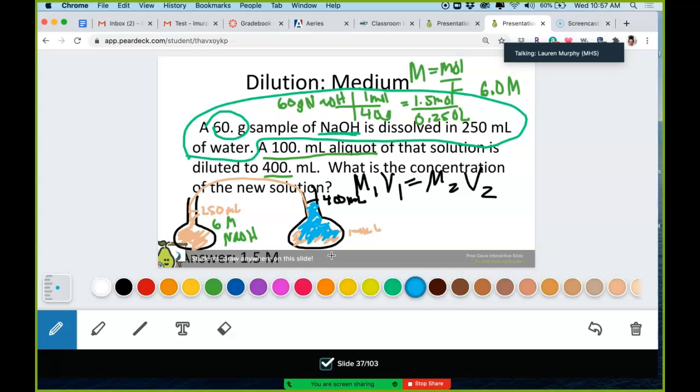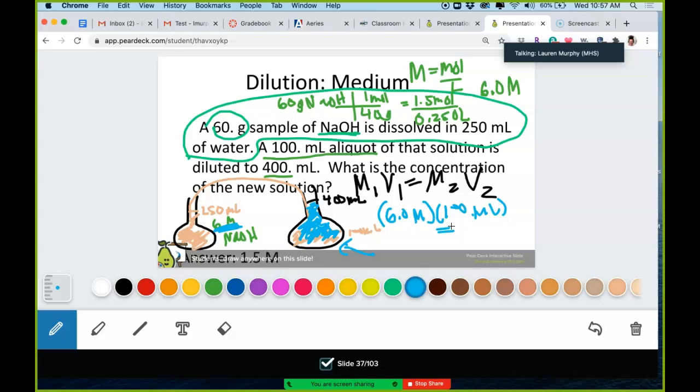So the rest is water, aka they would have added 300 milliliters of water. If there's 100 milliliters of this guy and the final volume is 400, the rest should have been water. So 300 of this is water. So they want to know the new concentration. Well, what was the original concentration? Well, the original concentration was 6 molar. How much of it did they use to put in here? 100 milliliters